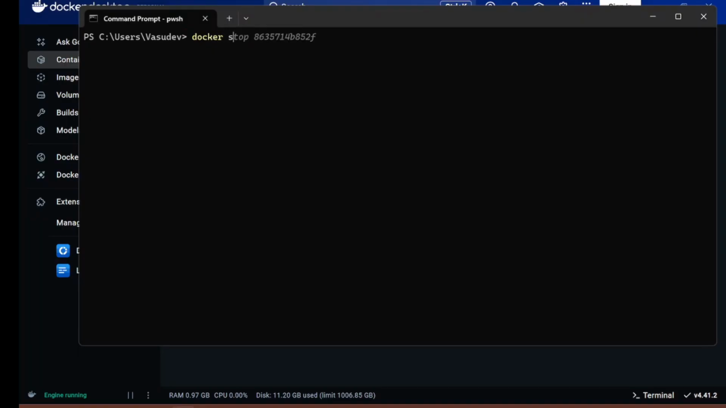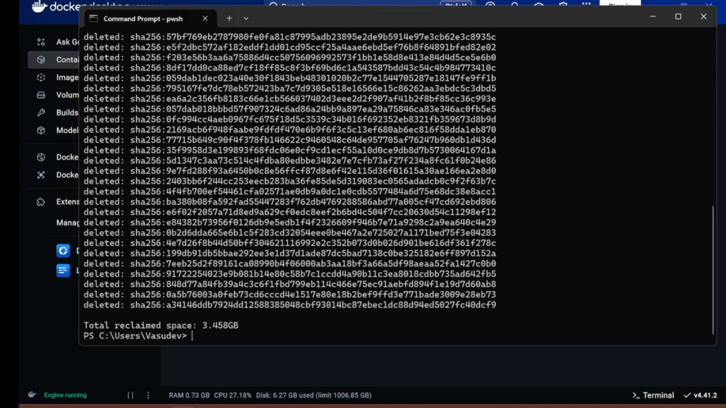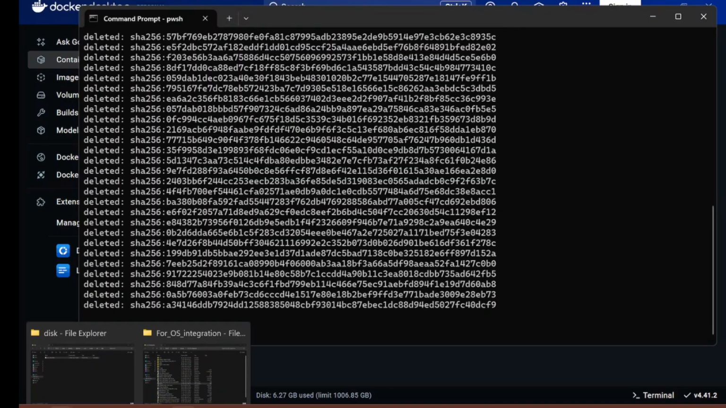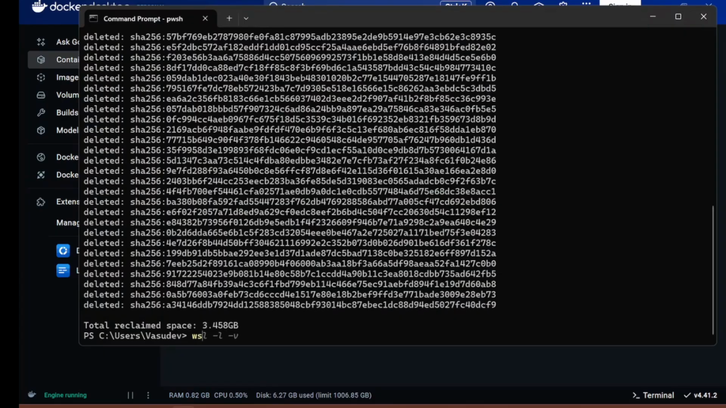This is a system prune method wherein you prune everything. So you'll get a prompt saying if you want to continue, press Y. So it'll take some time and it'll clean up the used disk space. But as you can see, the disk space, you have not reclaimed it. So to reclaim it, you have to run